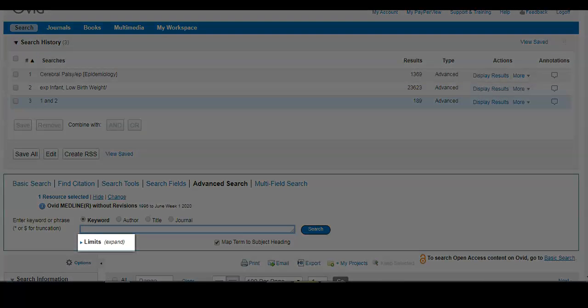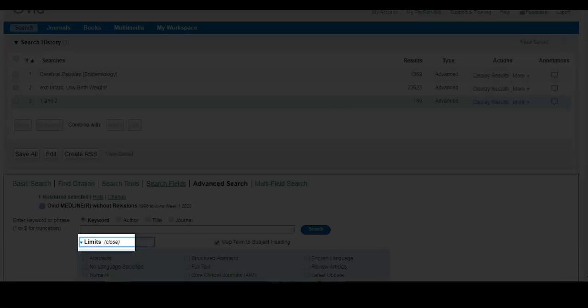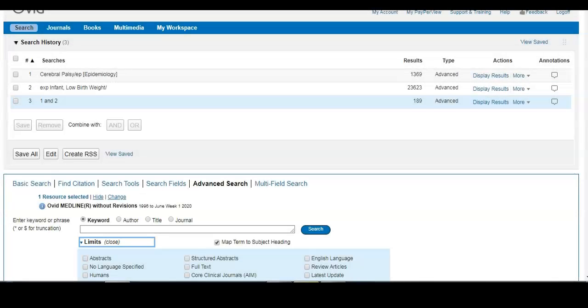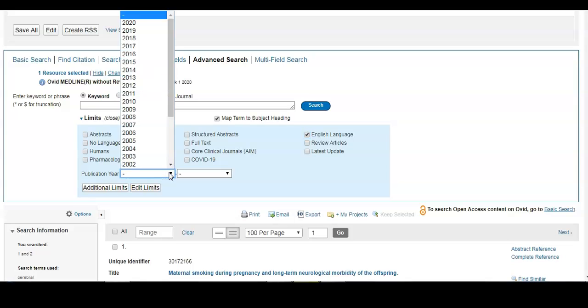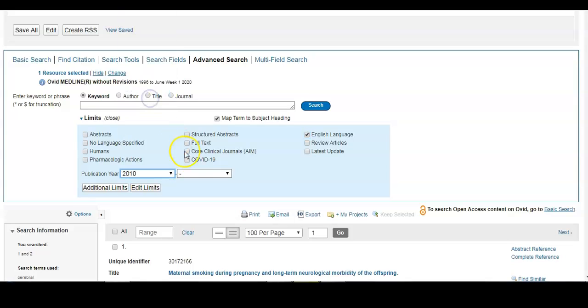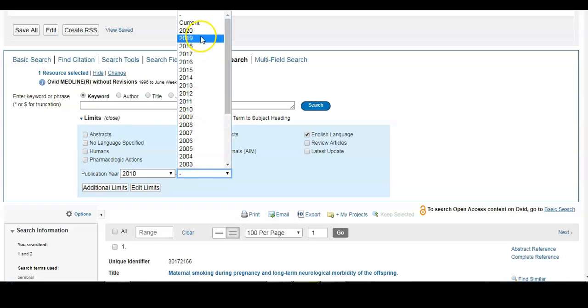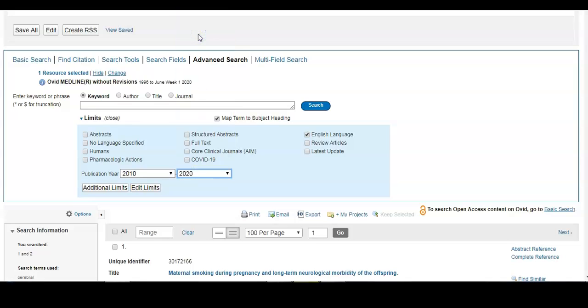However, we also want to add some limits into our search. So we're going to select English language and we're going to choose publication year from 2010 to this current year, 2020, and run that search again.